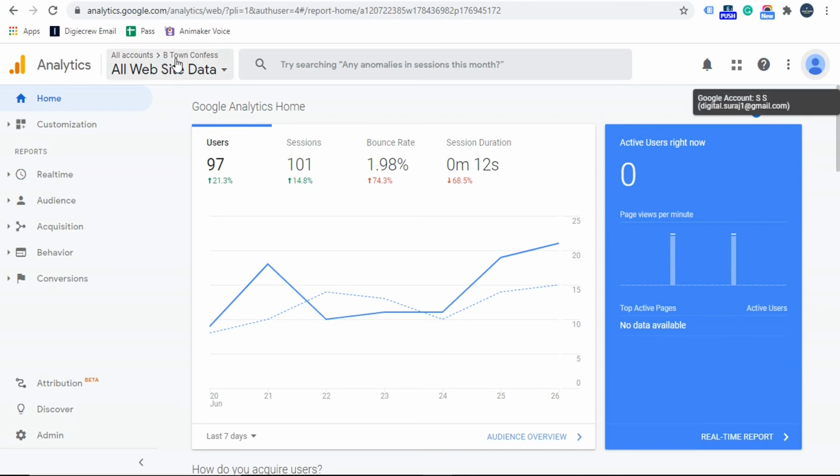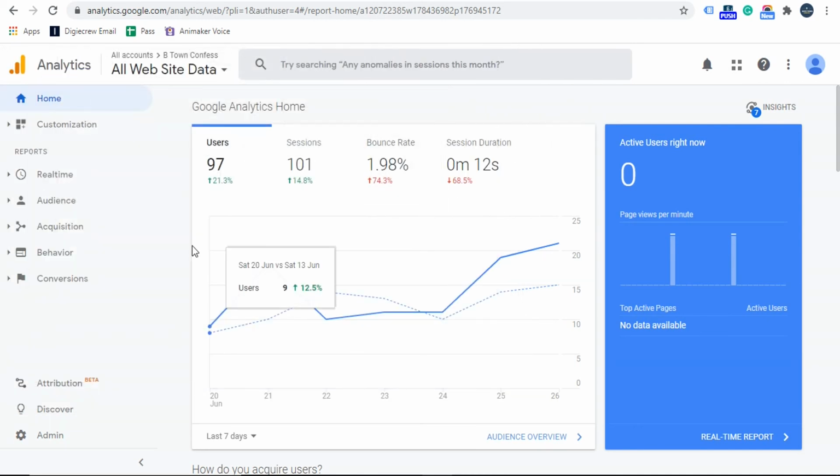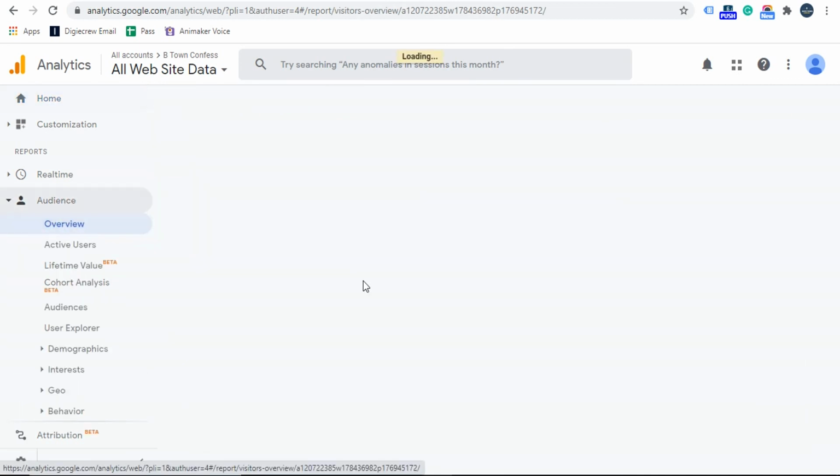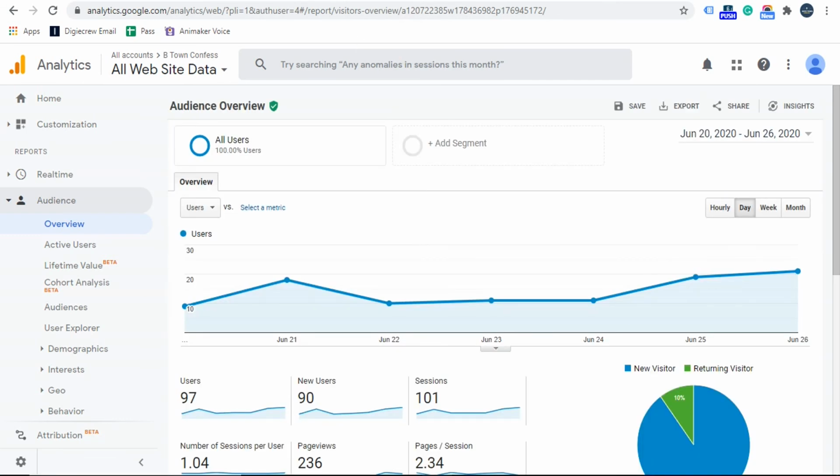And here you can see we have access to only one property, I guess, and that's the property to which we have just now granted access for this account. You can see all the details here, and can look at any of the credentials as per the granted access, right? Yeah, it's working fine, guys.